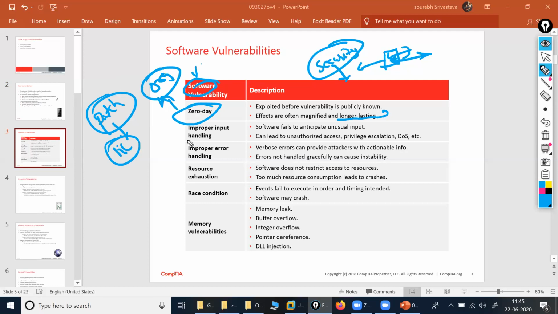Then the next point is improper input handling. That is very important. Sometimes you have no idea how to handle things inside the software, like the firewall. What operating system is the firewall using? How do you work on the firewall? What operating system is your router using, what is the IPS using? You have no idea about that. As a fresher you joined, and the company has given you complete authorization to properly use the hardware and the software on it, but you have no idea about the commands